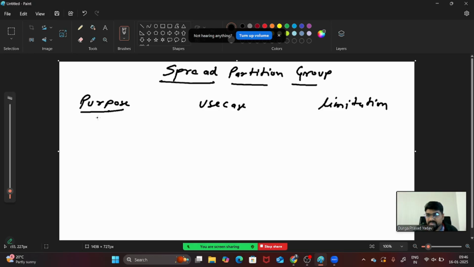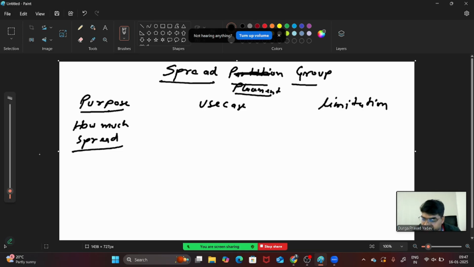Last time we saw the purpose of partition. Spread is not a partition group, it's the spread placement group. In the spread placement group, how much spread of resources you can do, that is the purpose.